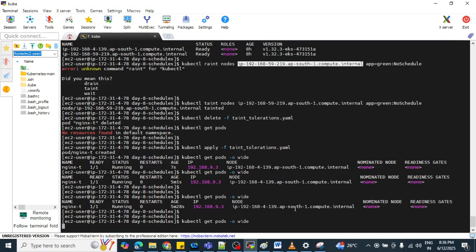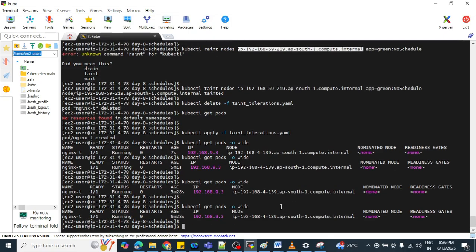Basically, we have applied NoSchedule, so no pod is going to be scheduled on this particular node except the pod which we have marked with a toleration.